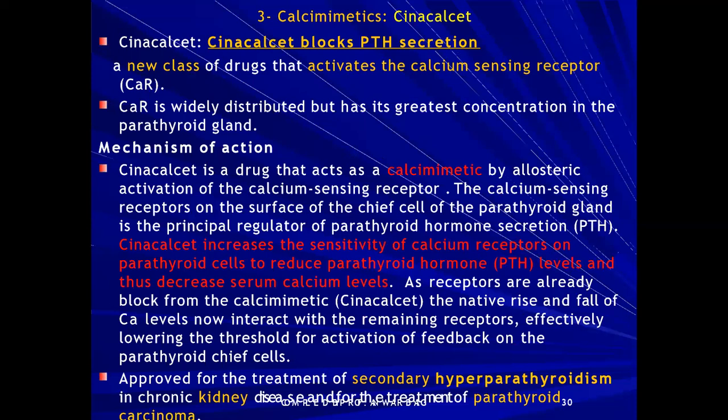An example is cinacalcet. Cinacalcet blocks parathyroid hormone secretion. It is a new class of drugs that activate the calcium sensor receptors. Calcium sensor receptors are widely distributed but have a greater concentration in the parathyroid gland. So the mechanism of action of these drugs, cinacalcet,